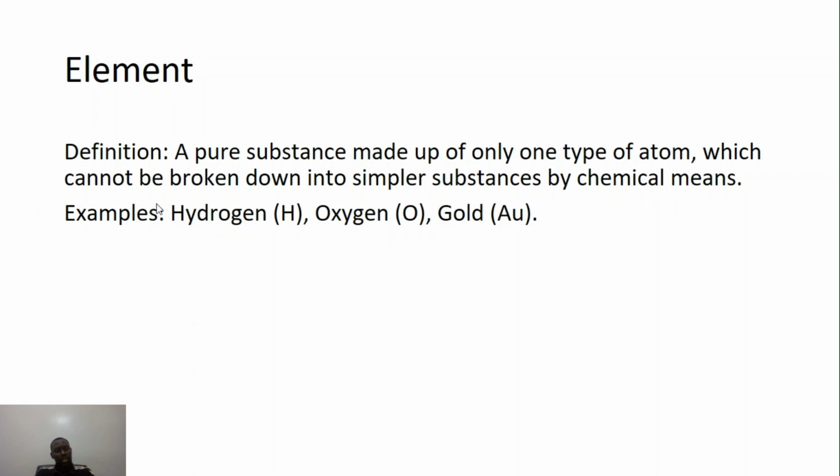More than 100 elements have been described in nature, and elements in chemistry are usually represented with letters. And these letters can be their first letter, like in the case of hydrogen and oxygen, and it can also be a name derived from their Greek or Latin name. For example, gold is aurum in Latin, and this Au that represents gold comes from aurum. Okay,